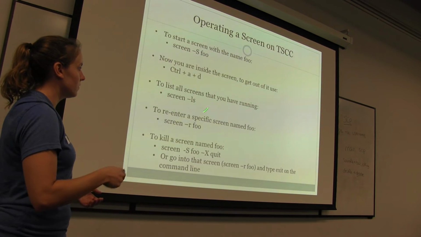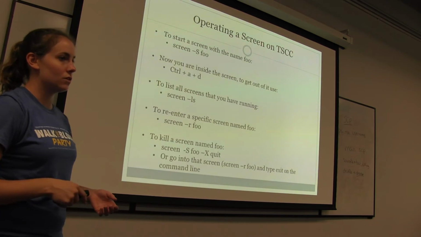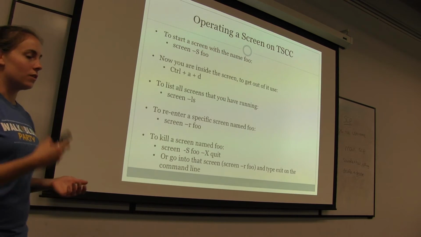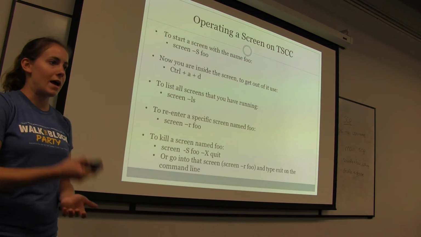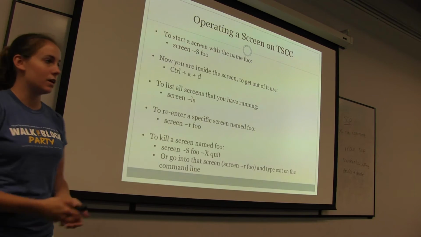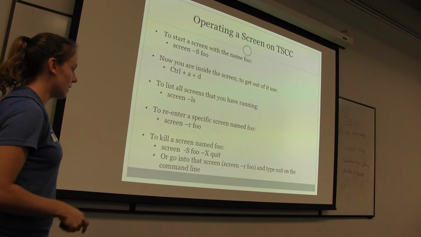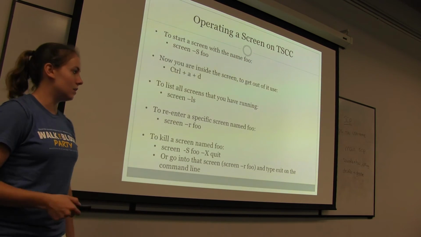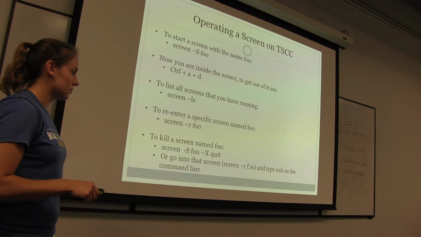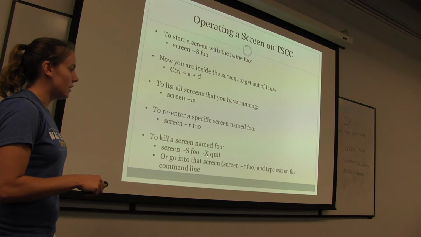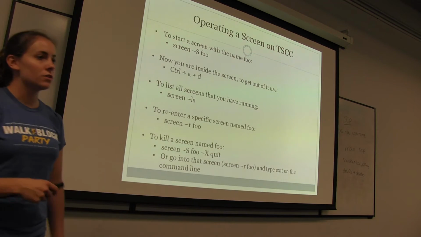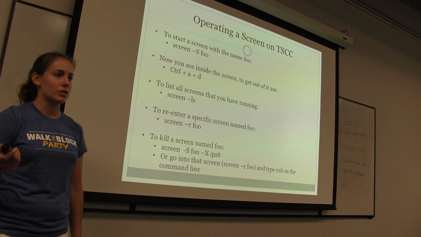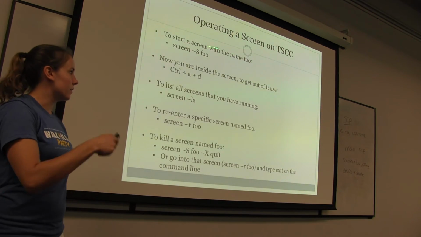When you're on your head node, if you're not sure which screens are running, you can do screen -ls. To re-enter a specific screen, say you've logged out and now you're logging back in and you want to go back into that screen where you had something running, you use -R followed by your screen name. And then to kill them, you can either type exit in the screen, or you can specify the name of that screen and use -X quit. Screens are a very common thing. If you Google how to use a screen in Bash or on a remote server, you'll see all of these commands